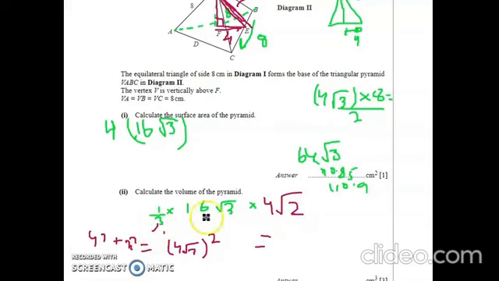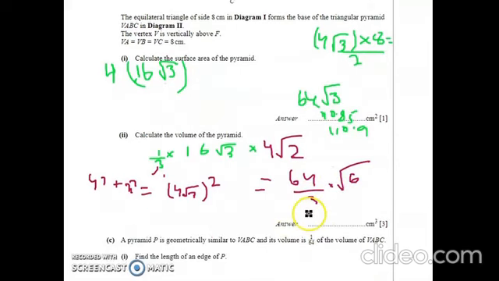Alright, so this will be 16 multiplied by 4. That is 64 divided by 3. 64 upon 3, and now we will deal with the under roots. That is under root 3 multiplied by under root 2. That is under root 6. So yes, this is our answer. We can write 64 upon 3 as 21 whole 1 upon 3. Or you can even give your answer in decimal. Or 21 whole under root 6 upon 3.